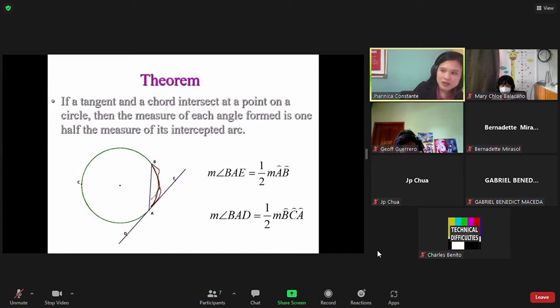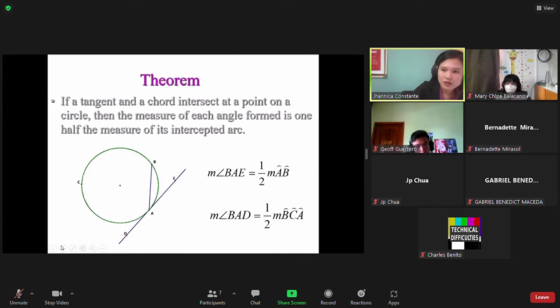use this arc. Or if the given is the measurement of the arc BCA, you can use that one. Either of the two intercepted arcs in the angle which is made by the tangent and our chord. You're just going to get half of the measurement of that intercepted arc, or divide the measurement of the intercepted arc by 2. For example,